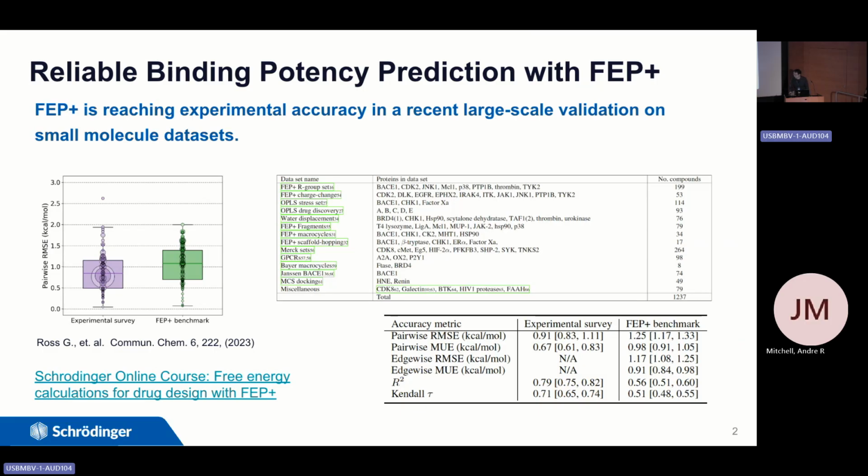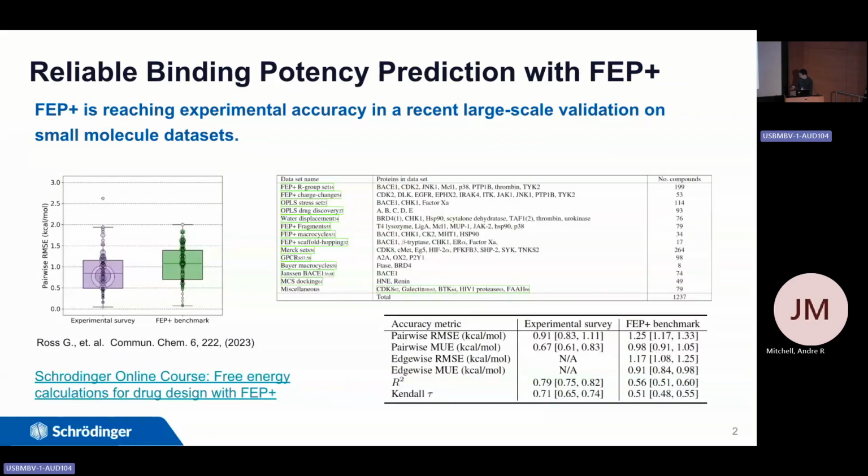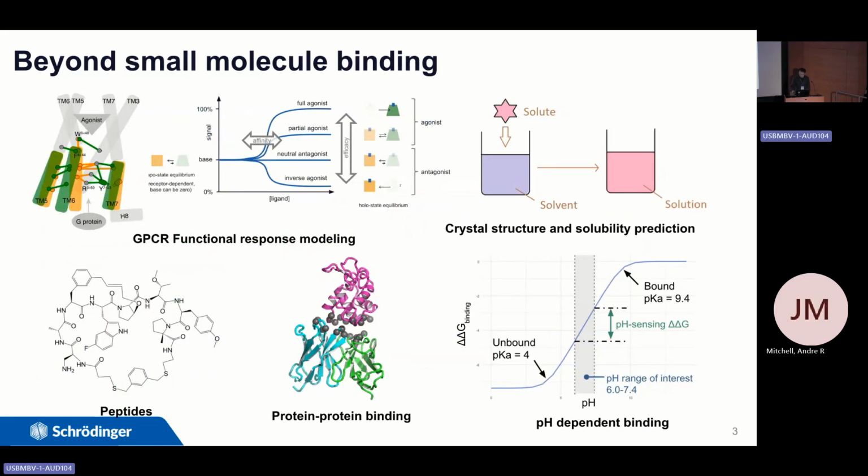So the data set covers more than 60 chemical series binding to a broad class of protein targets, including R group perturbation, scaffold hopping, charge perturbation, macrocyclization, and so on. So I encourage everyone working on methods development to test your method on the entire data set to get a realistic assessment of accuracy. So accurate protein ligand binding potency prediction is great, but as you all know, drug discovery is